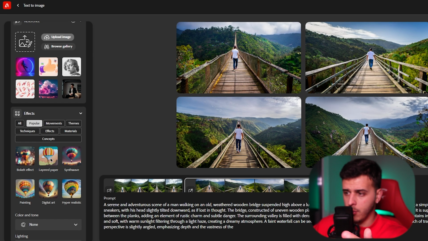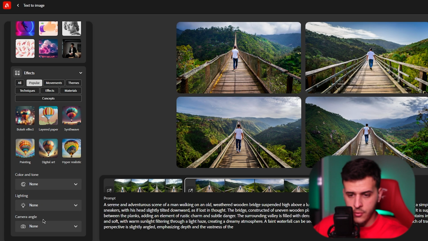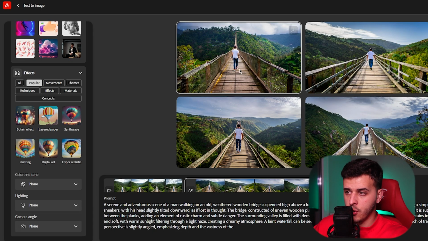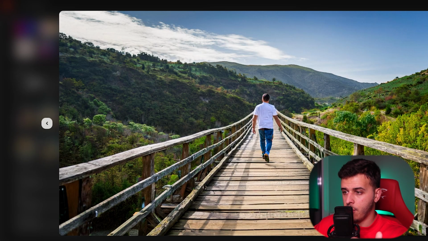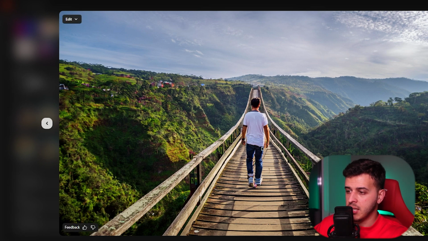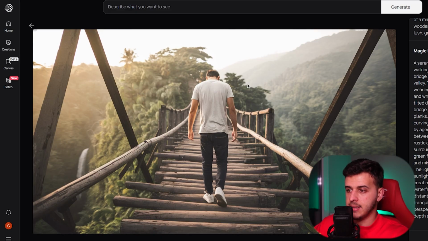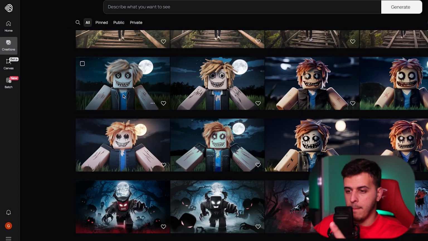Also, you've got multiple effects that you can use, lighting, you can really select a lot of things. So this is very, very nice because you customize the result. What it feels like is that these images are quite realistic. It has a very big problem handling the person. That's what I would say. It doesn't capture the person as well, and it's not even close to Ideogram at this point, but we're going